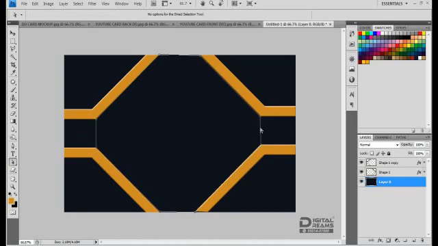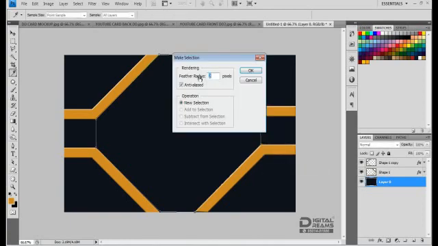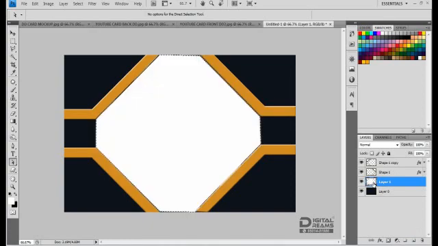Then pressing A, we will right click on it and make selection with the radius of 2 pixels. Click OK. Create a new layer, pressing this small icon over here, and you can fill it with any color. I'm going to fill it with white,